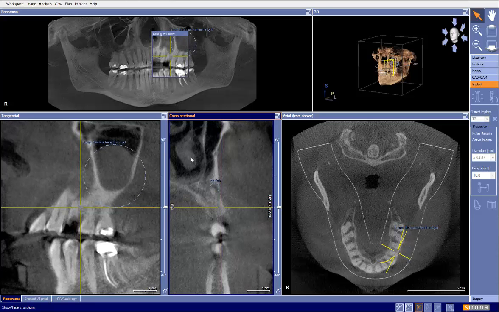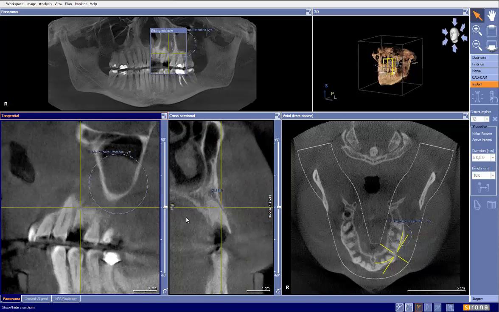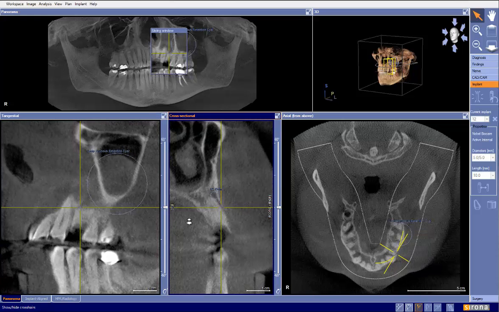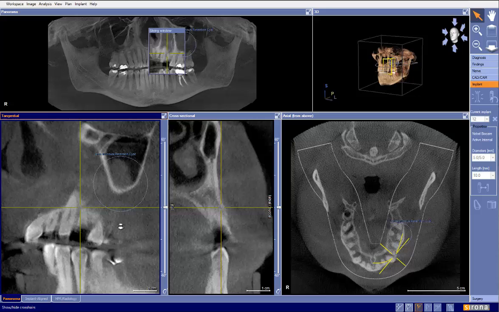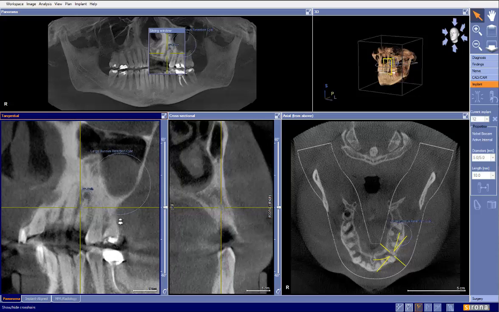The use of the findings feature for two items here. One, this mucus retention cyst or some type of sinus issue going on right here. And then two, the periapical pathology found on tooth number 12. I would take this one step further. And one of the things we talk about in an implementation program is the use of